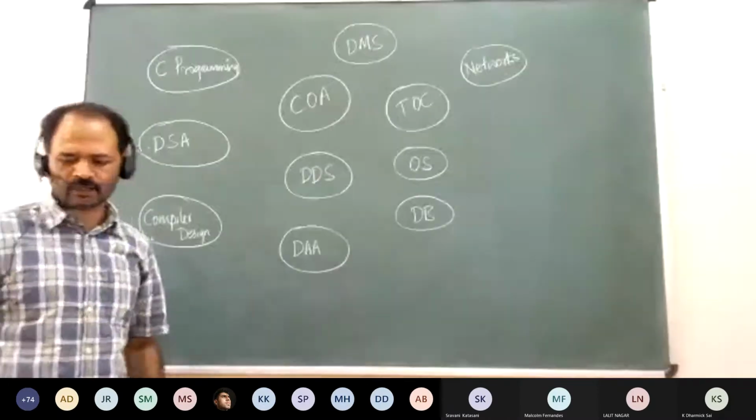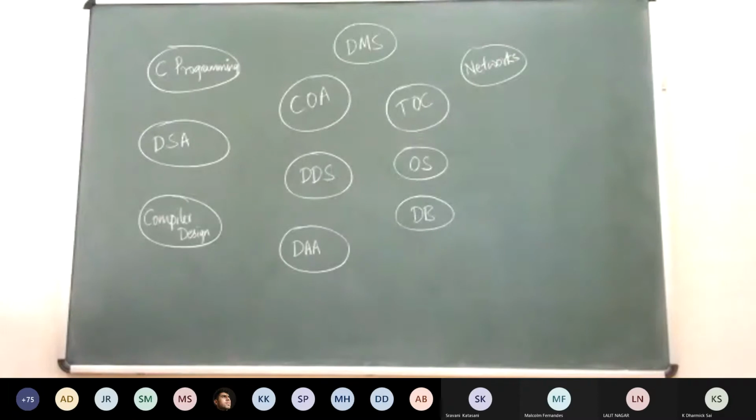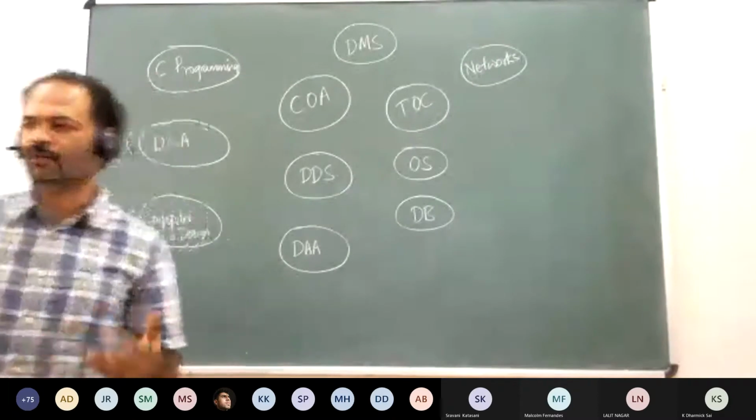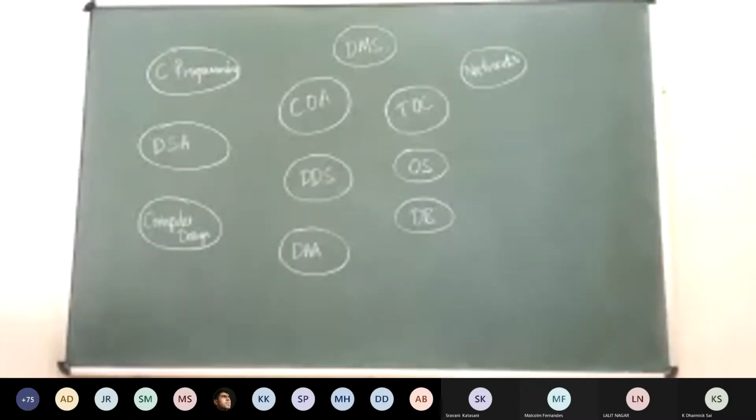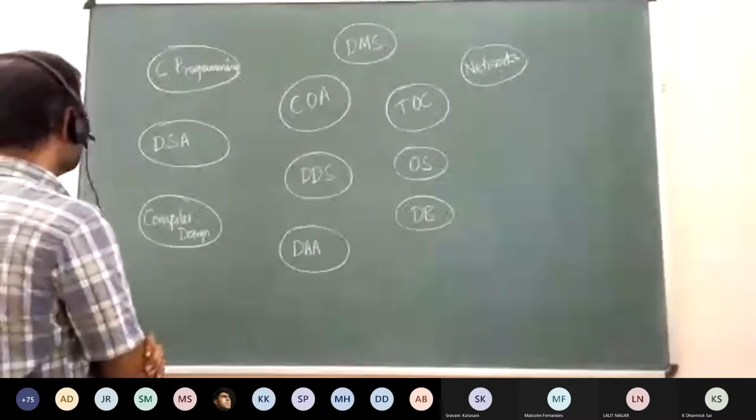So let us look at your courses. What are the dependencies when you are designing a course curriculum? You need to know these things, right? What courses need to be taught before, and what can be taught later? What are the prerequisites required for a particular course, and things like that. To do that, you can list down all the courses and then draw the dependencies.